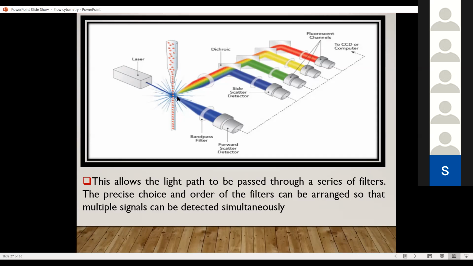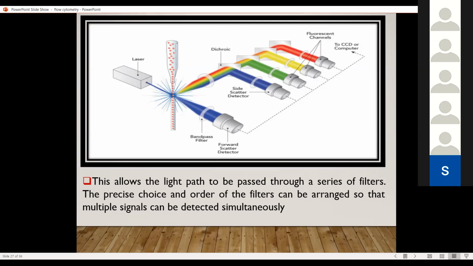When a cell comes across the laser light, it starts scattering the light, and this is a band pass filter. It allows a range of light to pass. This detector is the forward scatter. Here scattering occurs: when a single cell comes across the laser light, it starts reflecting the light. The light coming at 0 to 20 degrees scattering goes straight to this forward scatter detector. This is the range. Here we put a band pass filter so that it can transmit light in a range of wavelength.